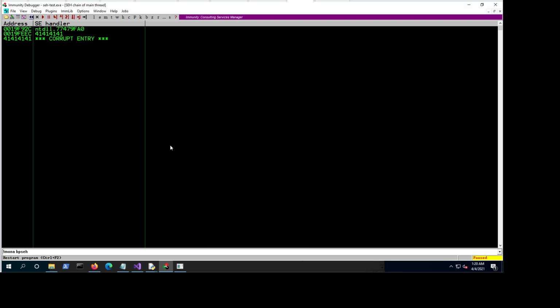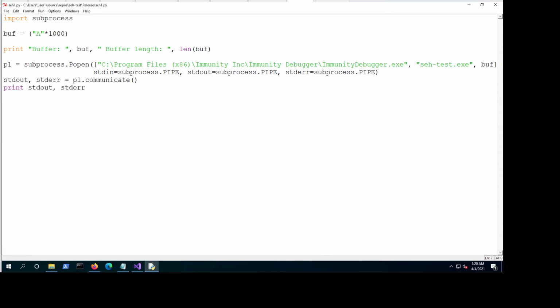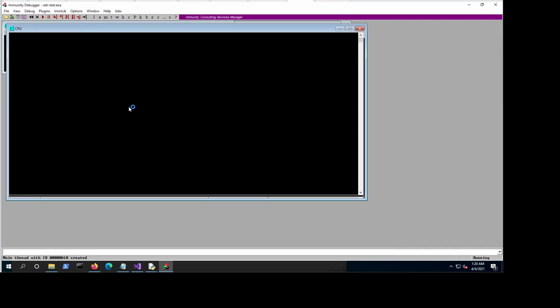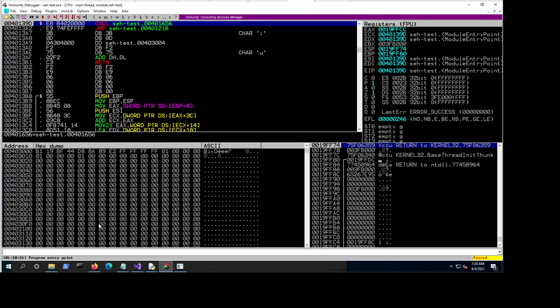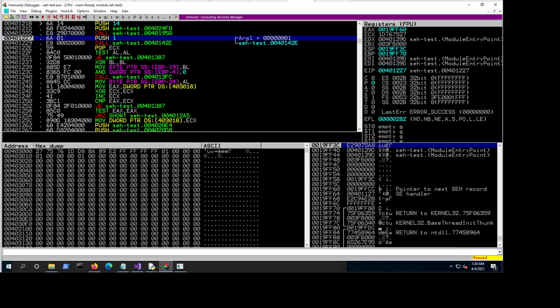We managed to control EIP by overwriting the exception handler. Let me just do this one more time so you can understand the idea again before we continue. Run. If we run this, and yeah, if we do a couple of executions, okay, let's check